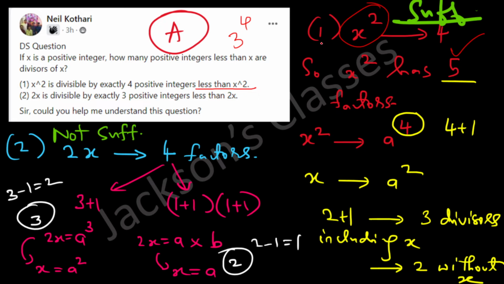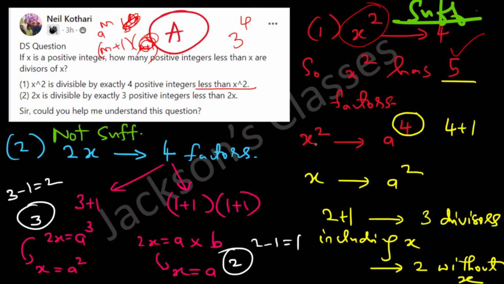So if you want to have 5 factors, then the only possibility is a to the power 4, right? Because you cannot have a product of numbers where every number is greater than 1 and that comes to 5, right? So for example, if you have anything a to the power m and b to the power n, then m plus 1 into n plus 1 is the number of factors this number will have, and this type of a number cannot be 5. So the only possibility is it's of the form a to the power m, and then m plus 1 has to be equal to 5, so m is equal to 4. So that's how we get that x square has to be of the form a to the power 4.